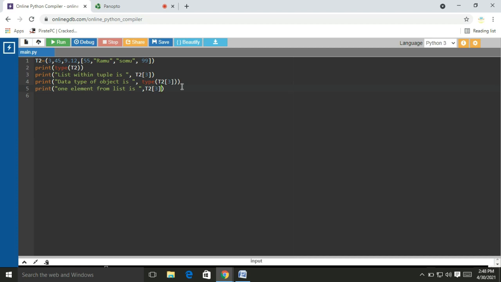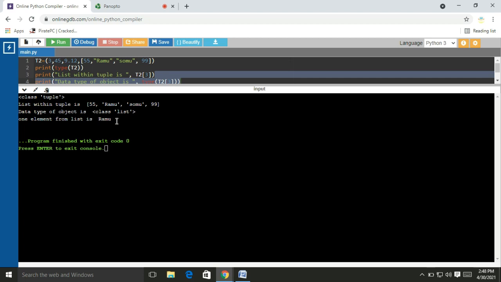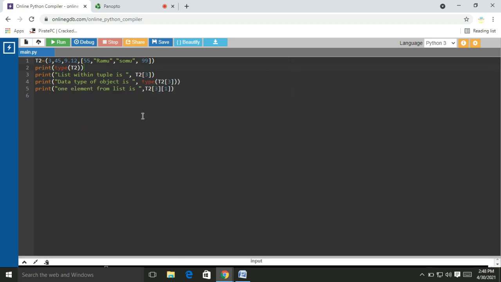Ramu is indexed by 1, right, Ramu. So you can observe this output. So friends, we can learn here how we keep a list within a tuple.